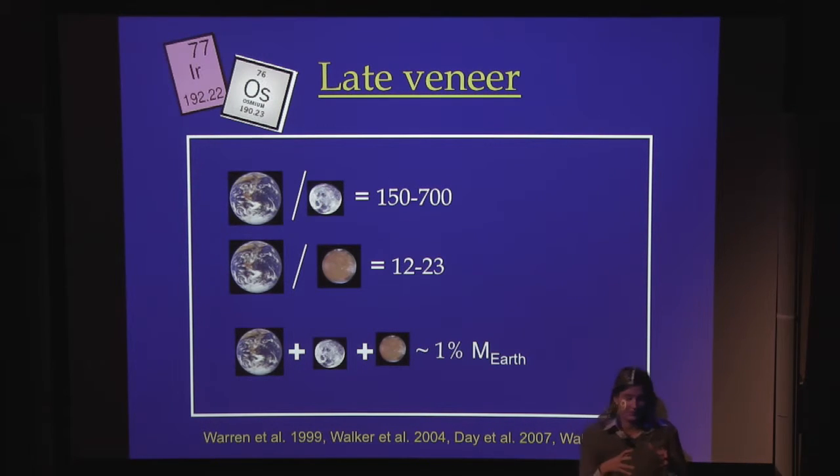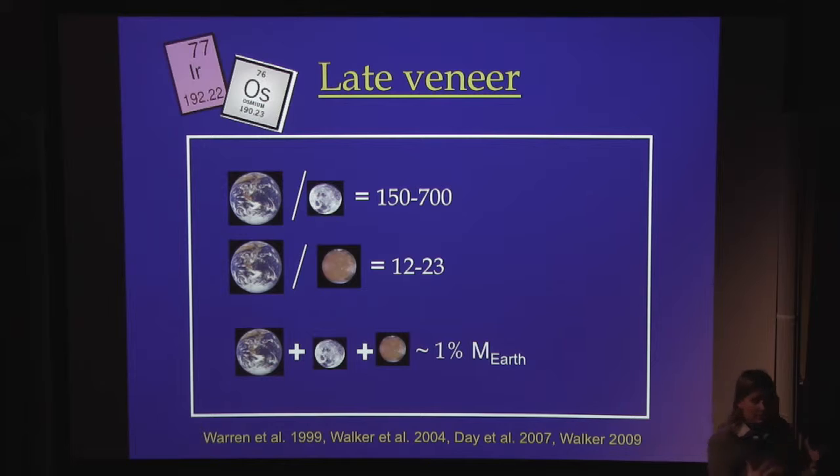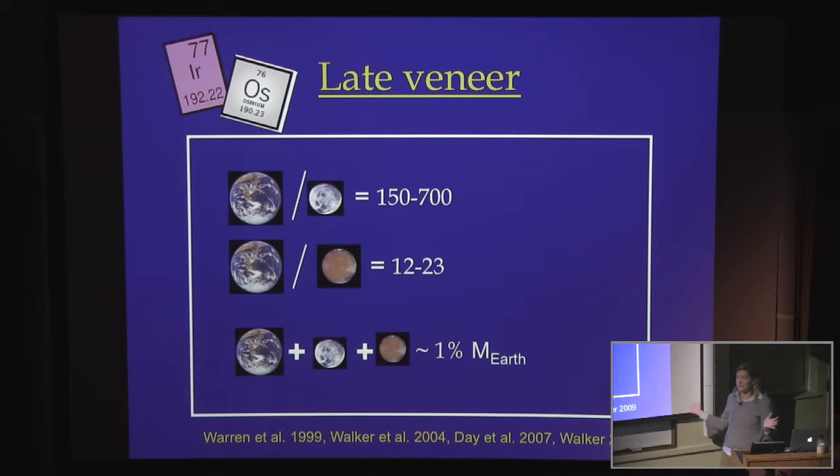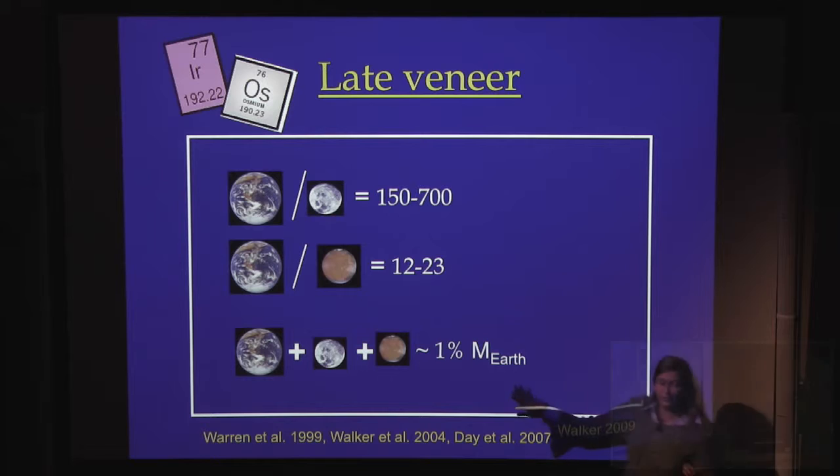So if these elements had been accreted to the Earth before the core had formed, so before the last giant impact, then all this material would have ended up in the core because they'd love to hang out with iron. However, the fact that we find them in the Earth's mantle is interpreted to mean that this material was delivered to the Earth after core formation finished, so after the last giant impact. Examples of these highly siderophile elements are iridium and osmium. You can measure their abundance in the Earth's mantle, and you can calculate how much material that is, and you find that about 1% of the mass of the Earth is inferred to have been accreted after the